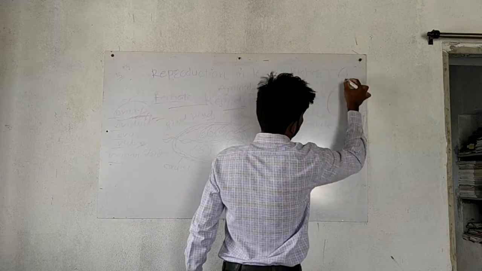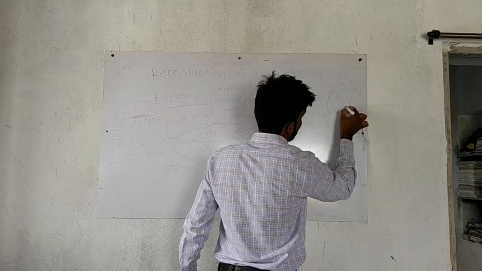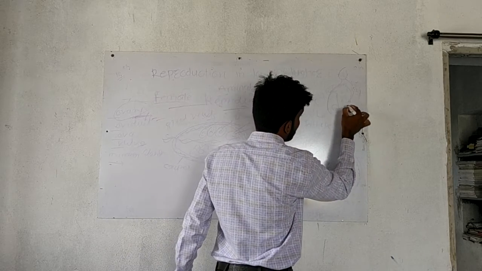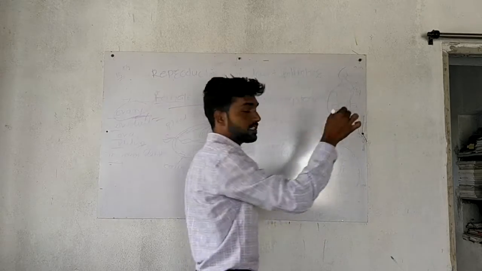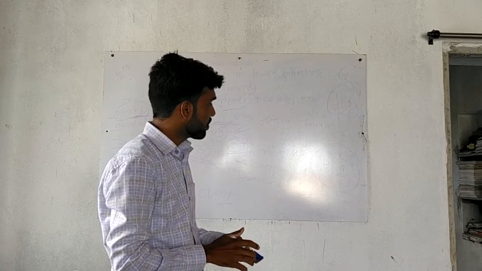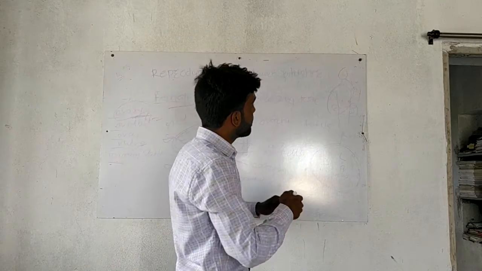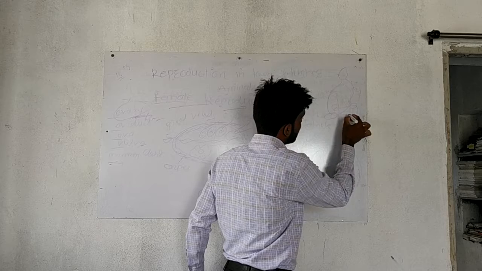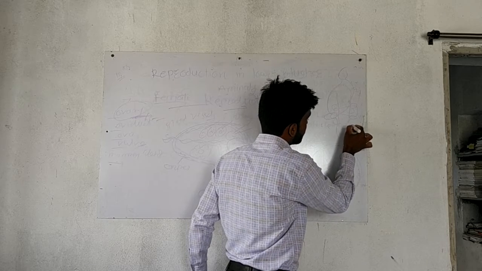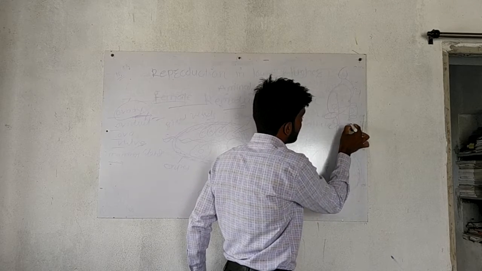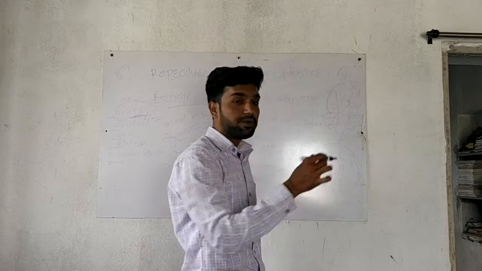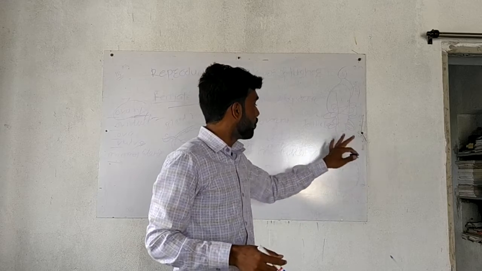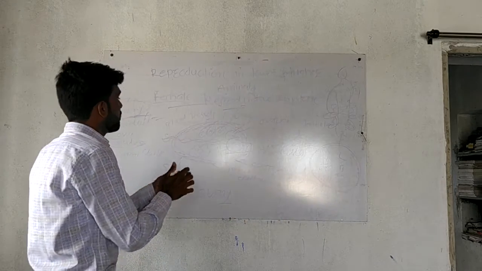Suppose this is a woman. This region is the pelvic region. The ovary is situated near the kidney on the lateral side, and it is connected to the uterus with a soft ligament tissue. This is not important for you, just know that the soft ligament is there, connecting the uterus to the ovary.